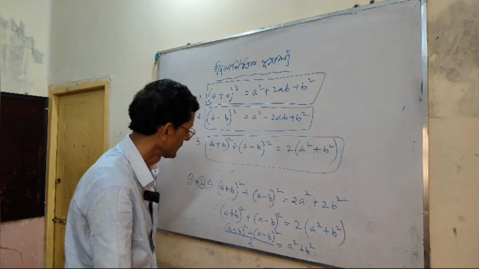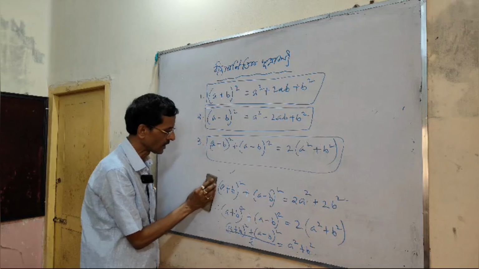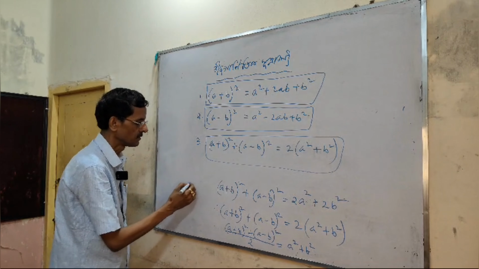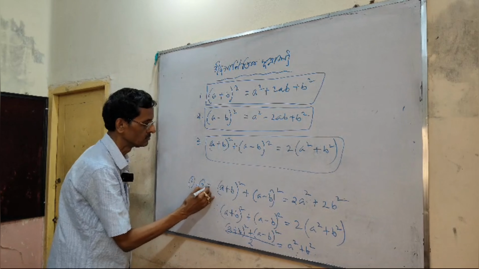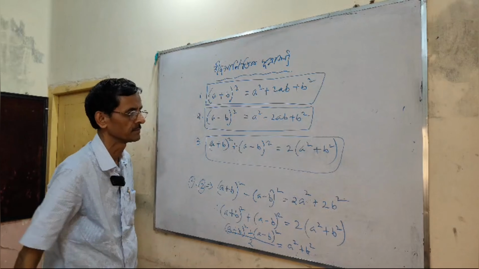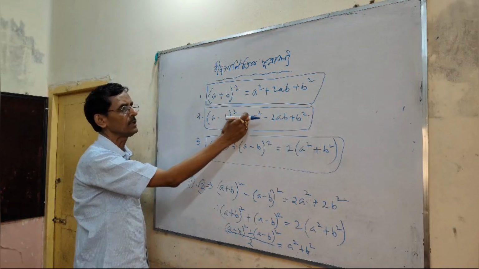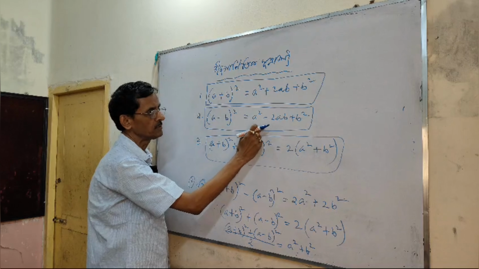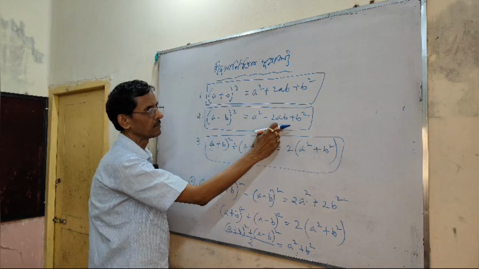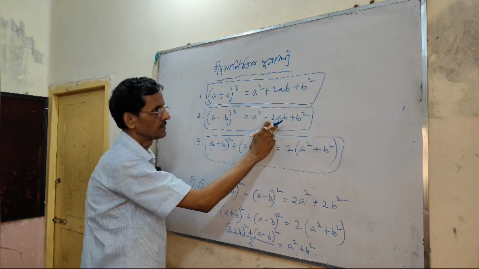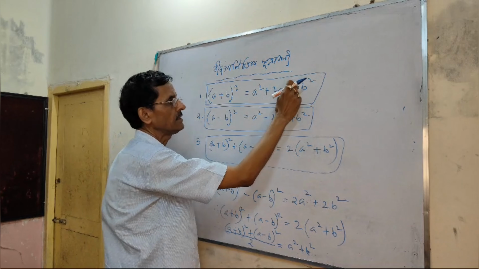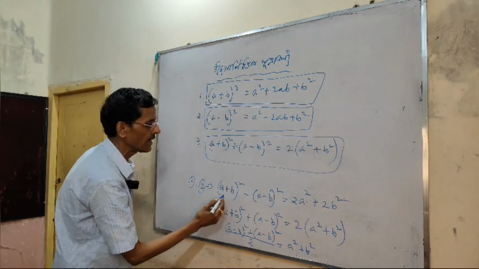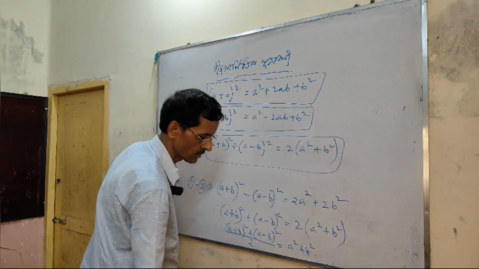ঠিক আছে? আচ্ছা, এবারে ওই ফর্মুলা দুটোকে আমরা মাইনাস করছি, অর্থাৎ 1 minus 2, তাহলে এখানে মাইনাস সাইন। মাইনাস করলে a স্কোয়ার মাইনাস a স্কোয়ার ক্যান্সেল হয়ে যাবে, প্লাস 2ab মাইনাস 2ab, সাইন চেঞ্জ হয়ে প্লাস 2ab প্লাস 2ab, 4ab, and b square আর মাইনাস b square ক্যান্সেল হয়ে যাবে। সো a plus b whole square minus a minus b whole square ইকুয়াল টু